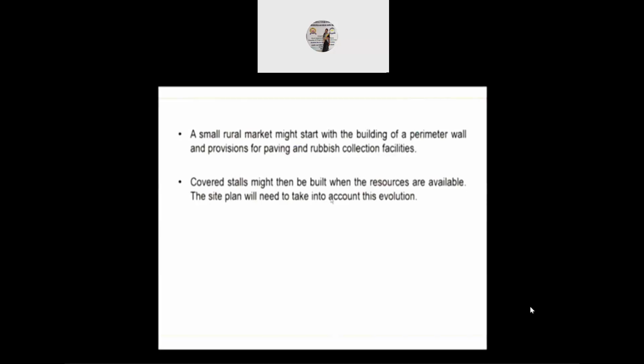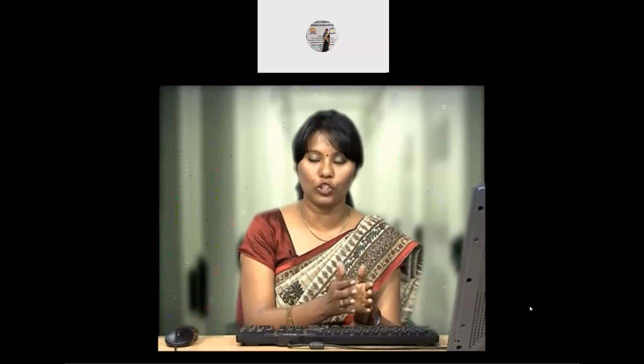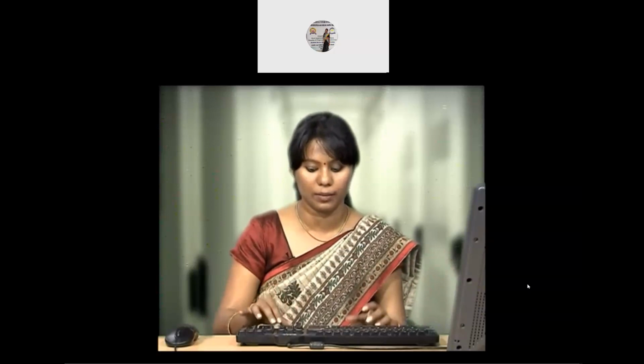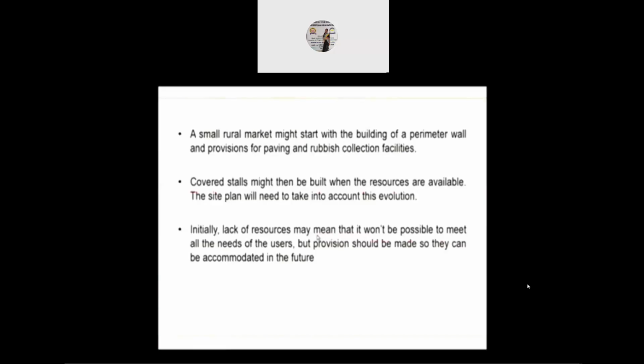So when you are making your site plan, you must be sensitive that it is prone to development. So the space that is being provided for one shop will eventually increase, and it might occupy the next shop as well and become one huge shop. So as designers, we must ensure it is all in modules. So when 1x is getting developed as 2x, it does not affect the overall planning process.